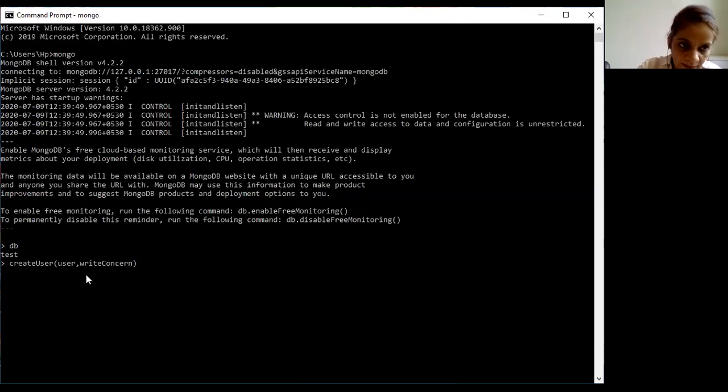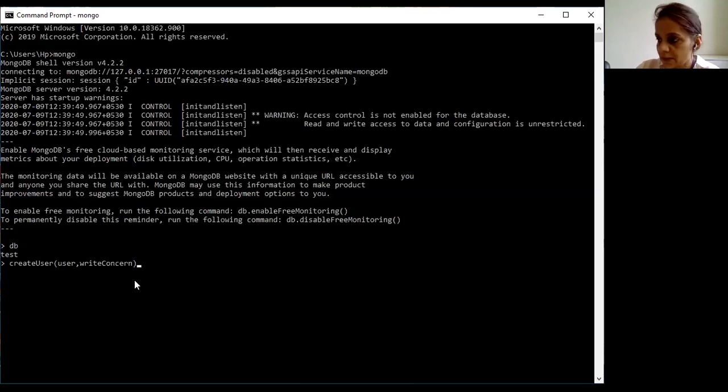And then this term writeConcern, its type is again document, and this is an optional field. It shows the level of write concern for the creation operation. The write concern document takes the same fields as the getLastError command.